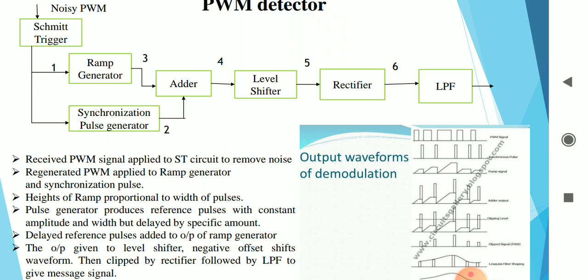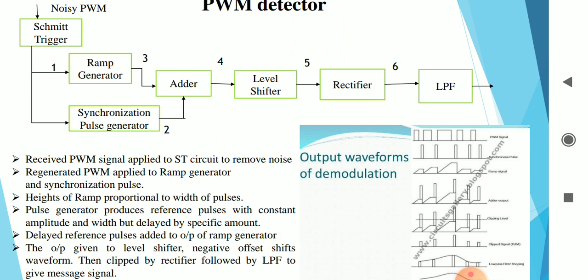So the PWM signal is given to a ramp generator, and similarly it is also provided to the synchronizing pulses, so that depending upon the type of PWM waveform, whether it is having a constant leading edge or constant trailing edge or constant center point of this pulse signal, depending upon that synchronous pulses will be generated, and these synchronous pulses are of constant height and constant width,